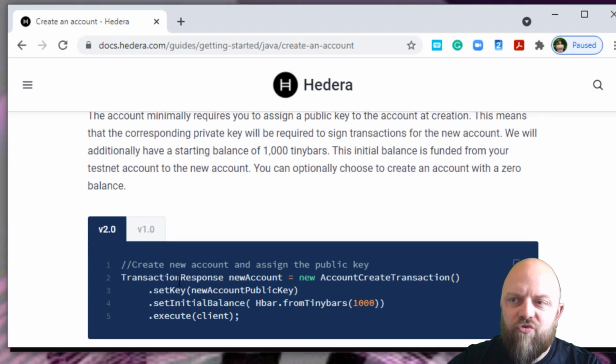So we'll be using transaction response. We'll be using account create transaction, and we'll be using the exact same syntax as this, because if you remember, in the library that we've installed, we're converting Java classes into Python classes, and it's the exact same name. So whenever in these docs it references a class such as this, account create transaction, we'll be using that exact same class in Python. So we'll be account create transaction, and we'll be setting the key, setting an initial balance